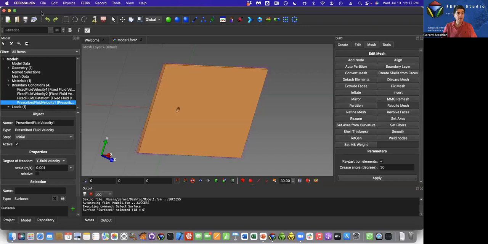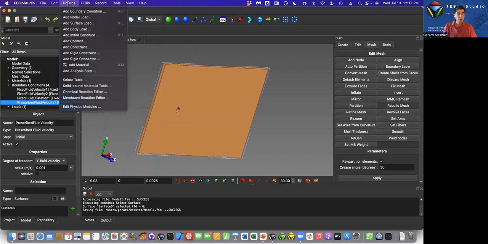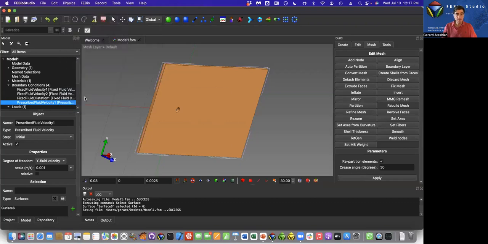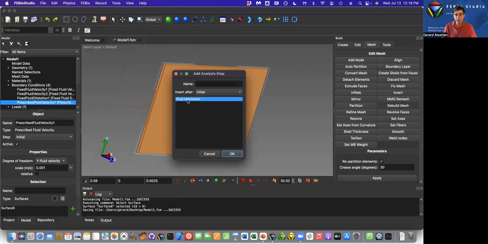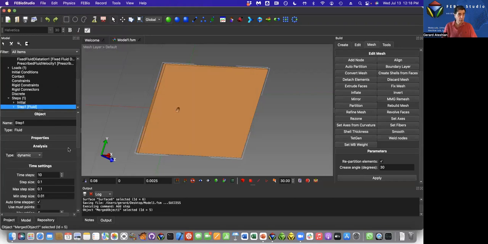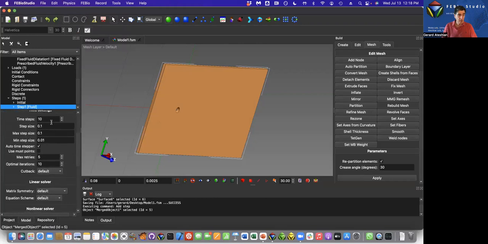So that completes the prescription of all the boundary conditions. Now I'm ready to specify the analysis step. So I'm going to say add analysis step. Again, the only option that's available to me is fluid mechanics. And what I'm going to do now is I'm going to say I want